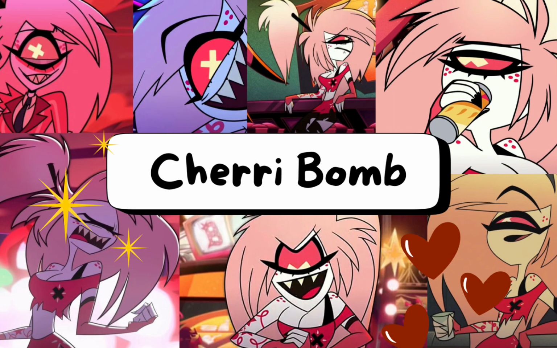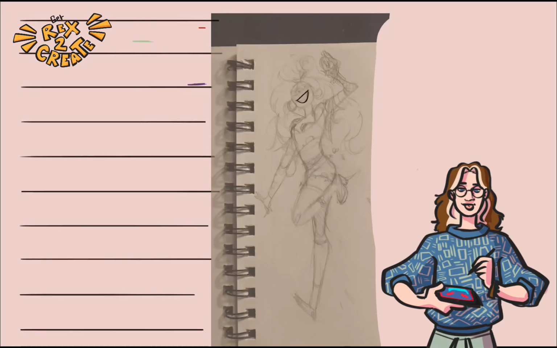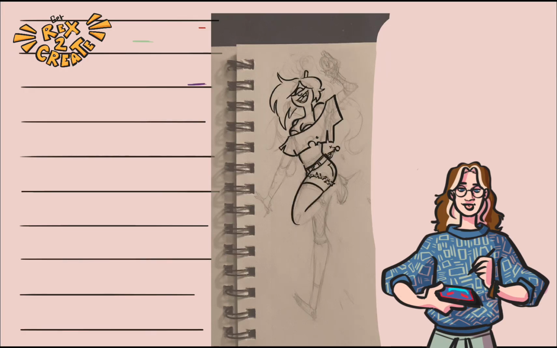Next is Cherri Bomb. This is my first time drawing Cherri Bomb ever. It wasn't until the start of season 2 that I really got a hold of her character, because before she was just kind of a background character, but now she's in the main cast and I decided to take a crack at it. I gave her a much more summer look because I think it would make sense with her character. Also, I love the Australian vibe, don't know what an Australian vibe is, but giving her the white